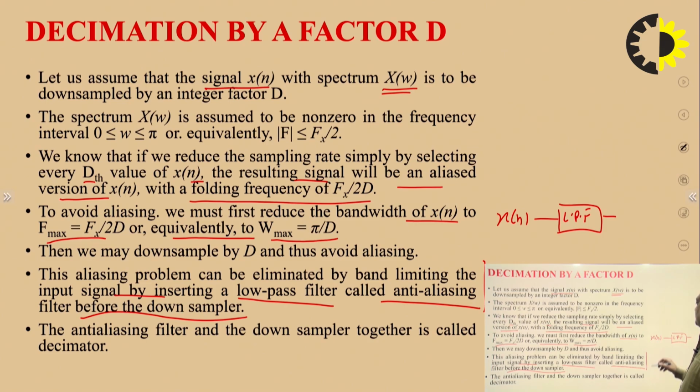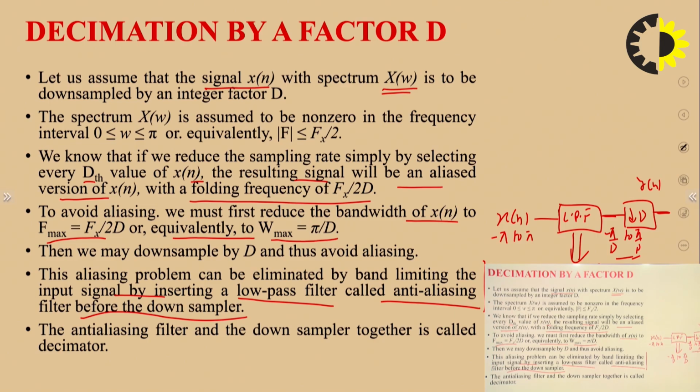So let's say the signal is band limited, from minus pi to pi. After the low pass filter, you have a signal with bandwidth from minus pi by d to pi by d. So the cutoff frequency of this low pass filter is from minus pi by d to pi by d. Once you have the signal x[n] after passing it through a low pass filter with reduced bandwidth, when we pass it through a downsampler,